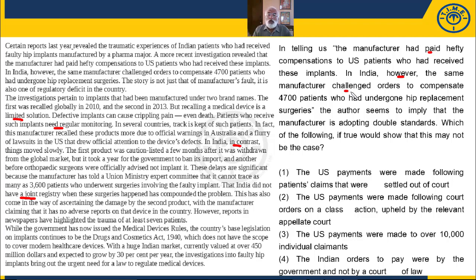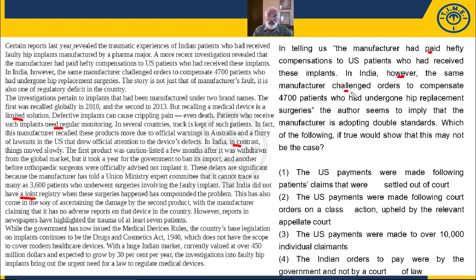So if you want to identify a statement that says it may not be a case of double standards, then you have to say that they both don't look at the same thing. That means the payment there cannot be compared to the challenge here. In other words, you compare payment with payment or you compare challenge with challenge, but you can't compare payment and challenge because when the payment happened, you don't know if it happened with the challenge or without. So in other words, if it happened without a challenge, then the challenge here would be double standards. But if it happened after a challenge, that means the first step of their process was actually a challenge, then over here they are undertaking the same first step.